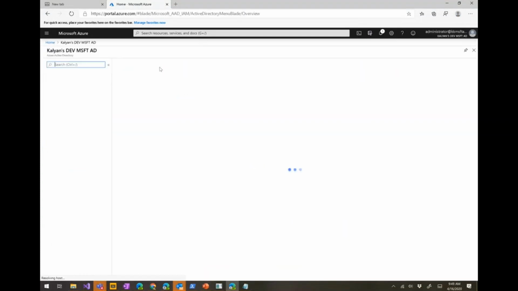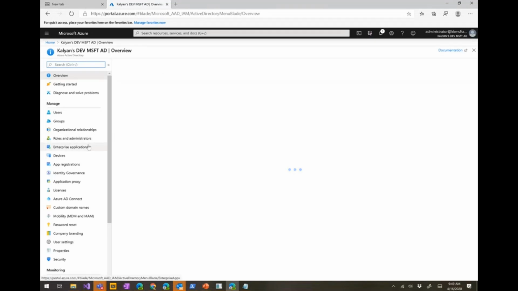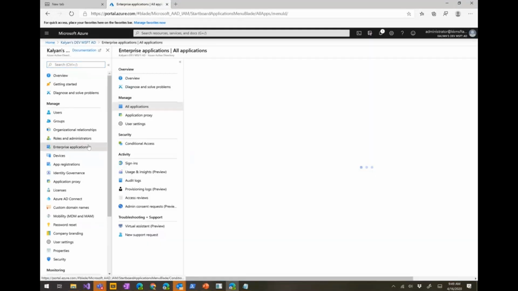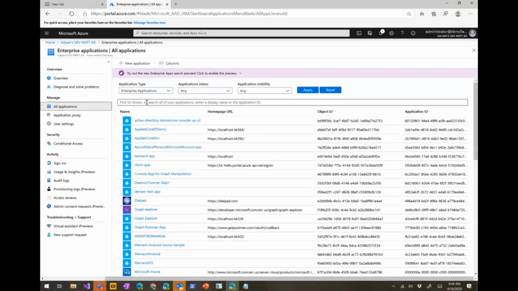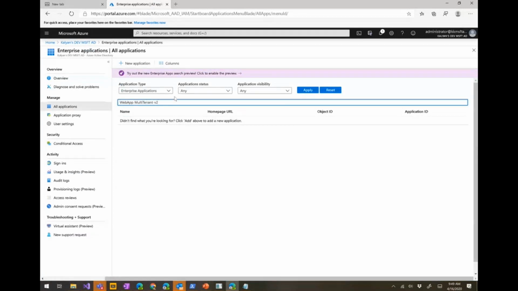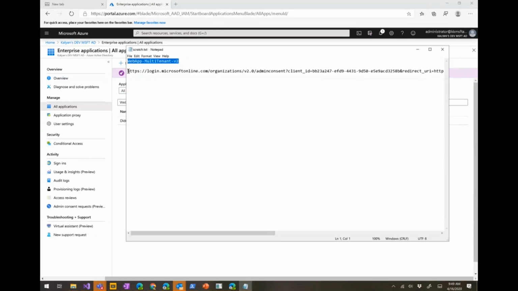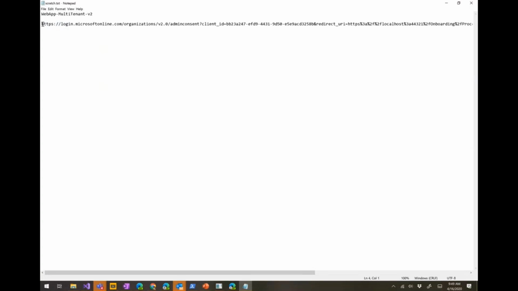So I go to Azure Active Directory, and if I go to Enterprise Applications and I search for this, there is no service principal for this application available. Just making sure. Yep, it's not available. So here is an example of how one builds the admin consent URL.